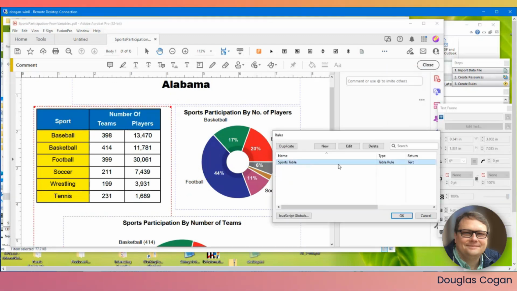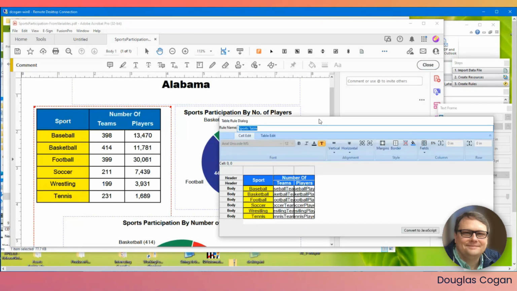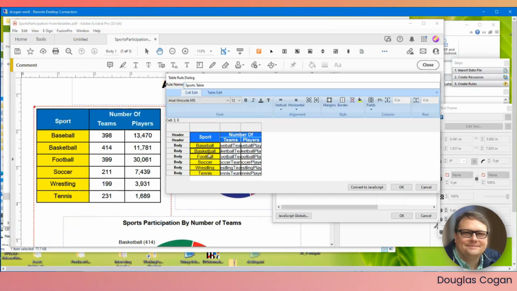And I've got a table here. So the only rule I think in this job is the rule to make this table, which is also just a static table where I've just typed in these words and entered these variables in here, the number of teams. Now, one thing that I did do, though, is notice I've got two header rows, and I just have the word number of here, and then teams and players in these different cells, and the word sport here, and I merged the cells together. So originally, if I unmerge everything,